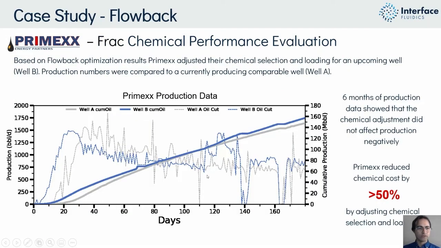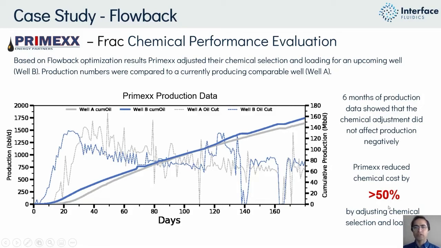And the results again were quite interesting because, as you can see here, the blue color is the new well, and the gray color is the sister well, the old well. And as you can see, over the 6 months of the production data, we got over 10,000 barrels of extra oil. Again, we are not claiming all the success here, but